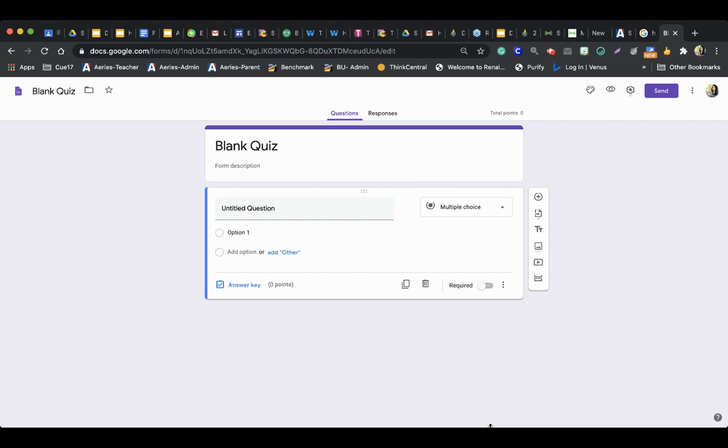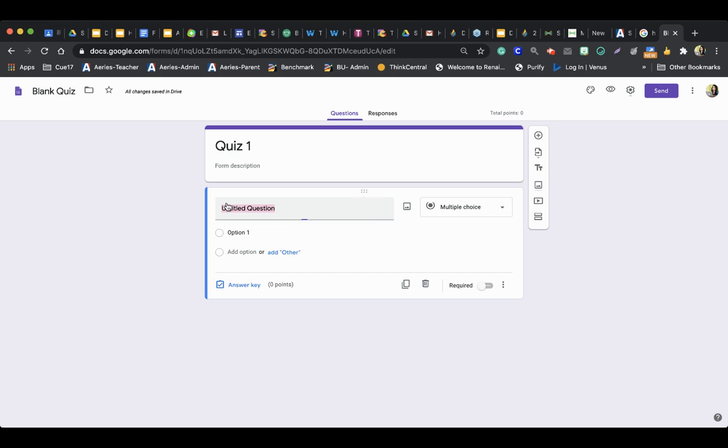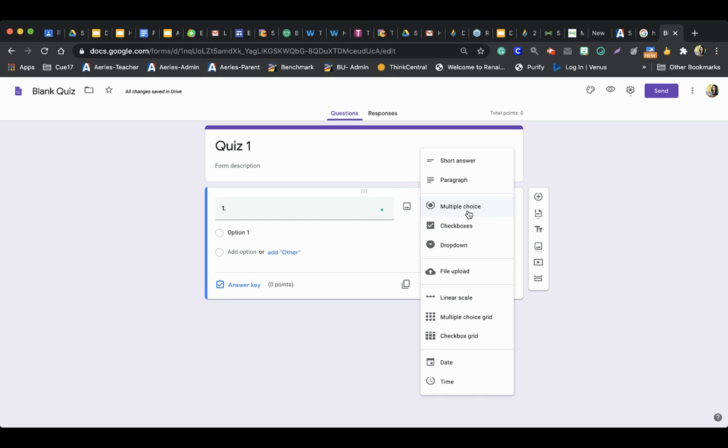So here is just a blank form, and you can start by going through it and titling it the appropriate title. So if you're creating a quiz, maybe I'm just going to do this real quick. Put quiz 1, and then you would begin by adding your questions. So you could simply add your questions. I'm just going to put number 1, and then if you have a multiple choice or fill in the blank,